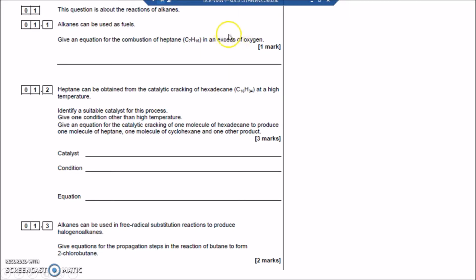So in excess of oxygen you get complete combustion, so you get carbon dioxide and water. Incomplete combustion gives carbon monoxide and water, or carbon and water. But in this case we're going to get carbon dioxide and water, so we have